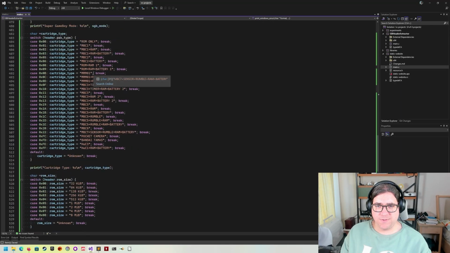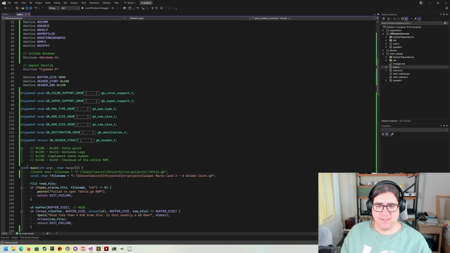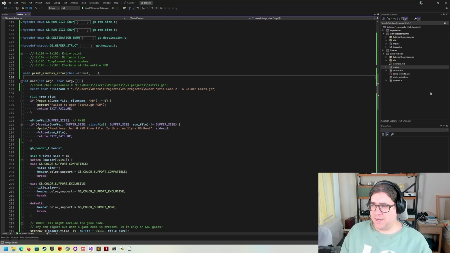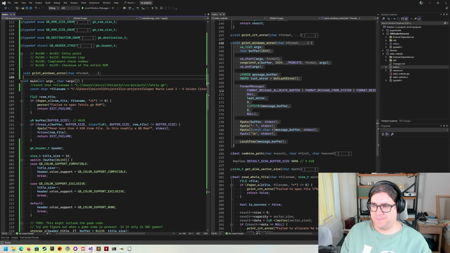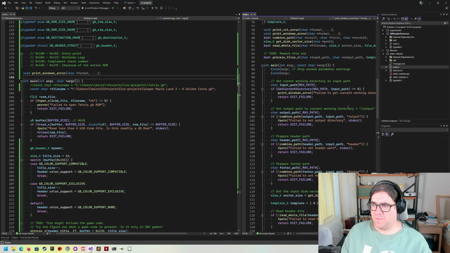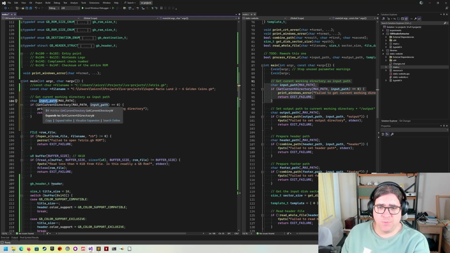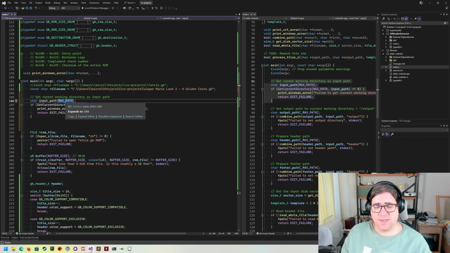Okay, so we have print Windows error. We need the definition up there because this is C after all. Let's just plonk this in here. Okay, and then what I wanted to copy was, let's put this here on the side. Yes, this one. So this will get the current working directory. We have an input path buffer, which is 260 characters wide,